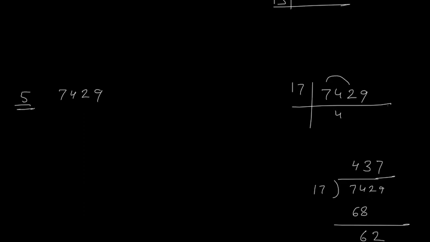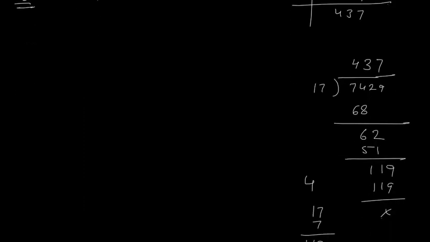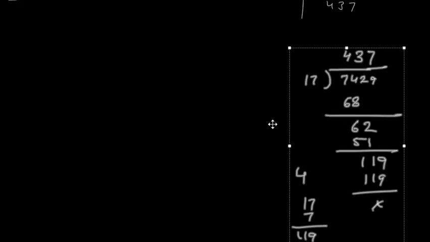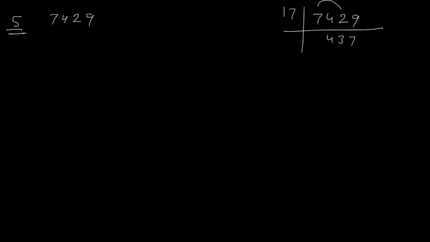and I get 437. Now this 437 also, first I will try with 17 only. So when I divide with 17, 17 2s are 34, here I get 97. So in the table of 17 I am not getting 97. Okay, so the next prime number is 19. So let us divide this with 19.